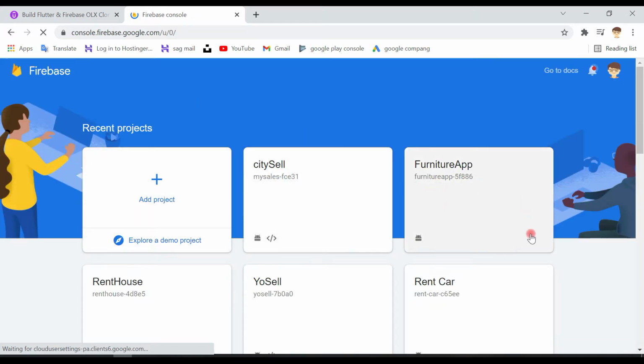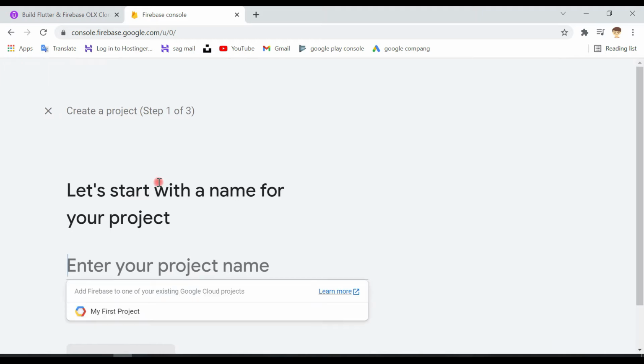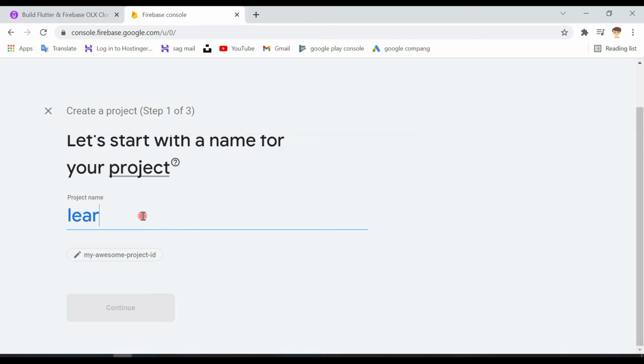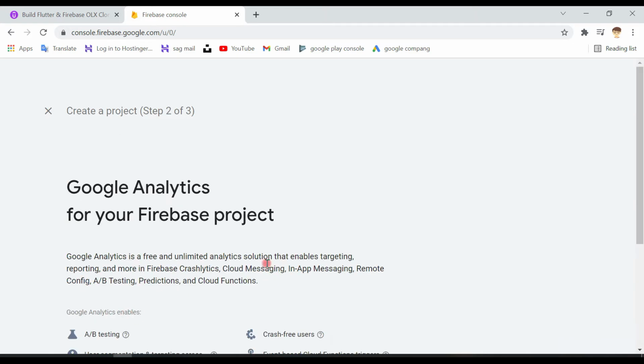I have some other projects connected, so here you will see Add project. Click on it, and it asks for your application name. Let's give the name learn Firebase. This is the name of our project, and now click on continue.